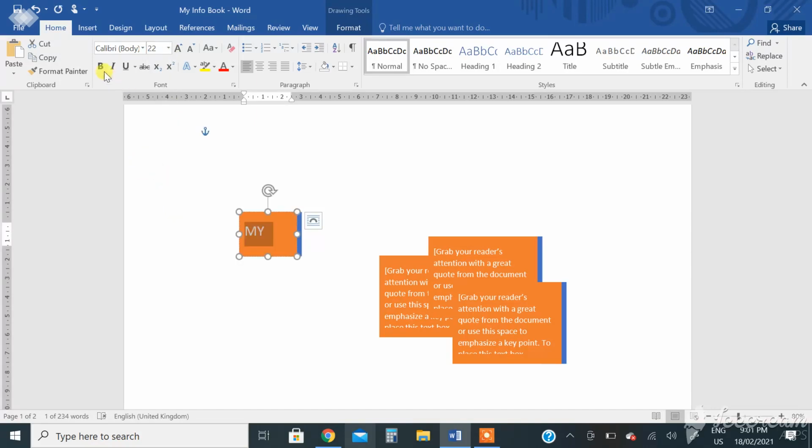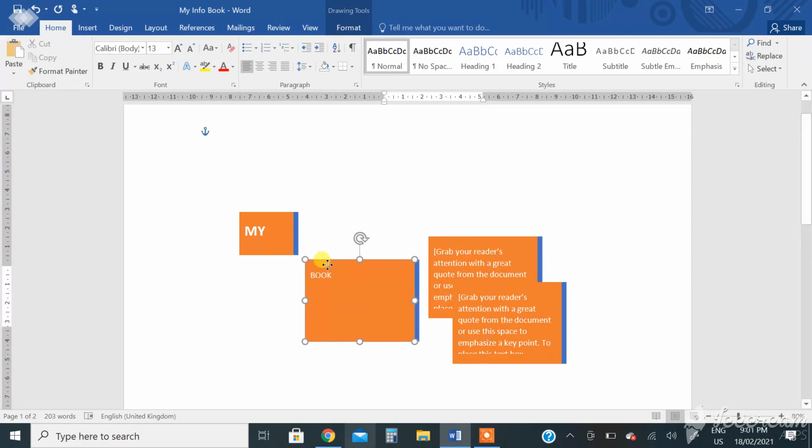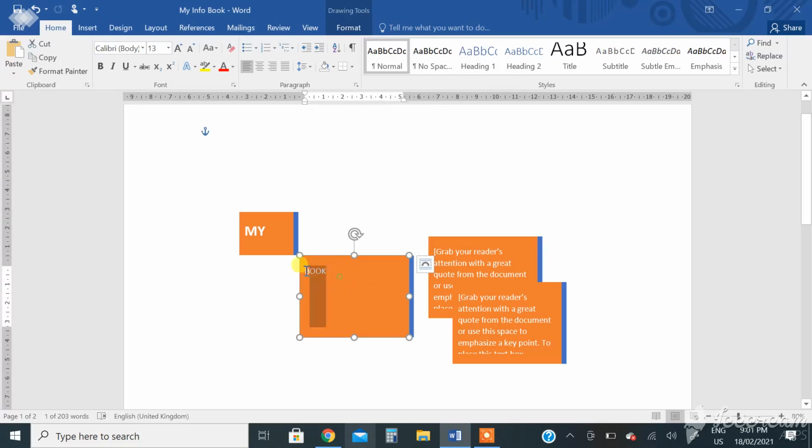Choose size 20 and bold for "my", and here "my", "book", and make it size 22 and bold, like this.